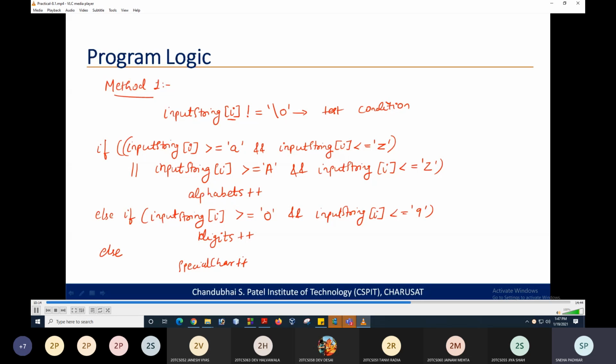Now we will be checking a second method, and in that we are going to use some different condition. So compare the same with the help of ASCII values.